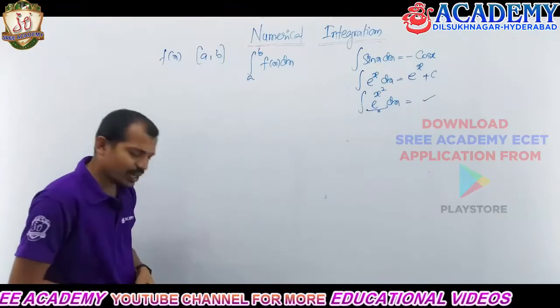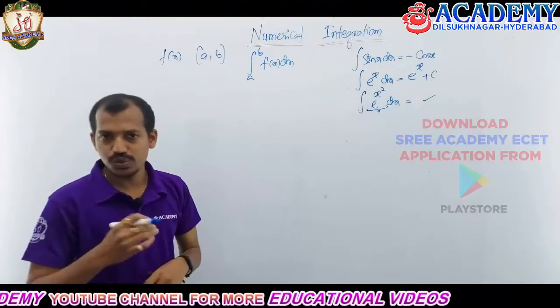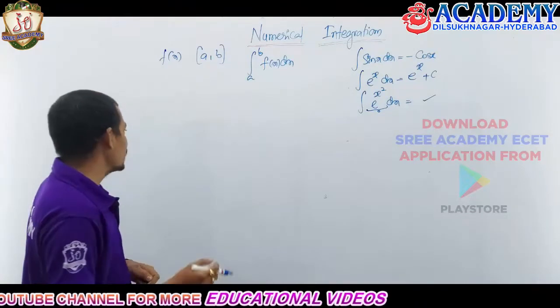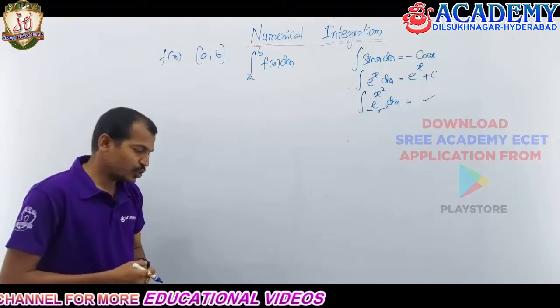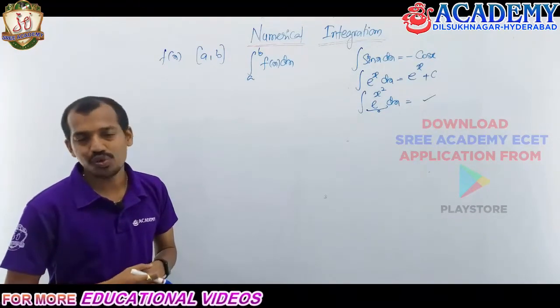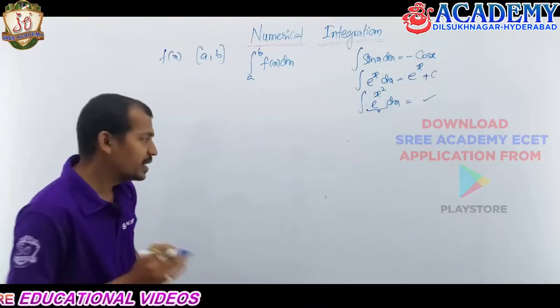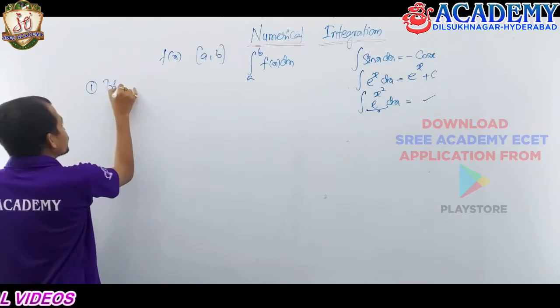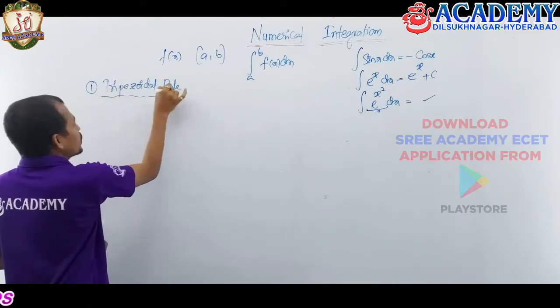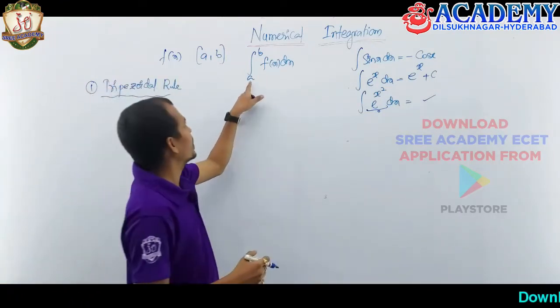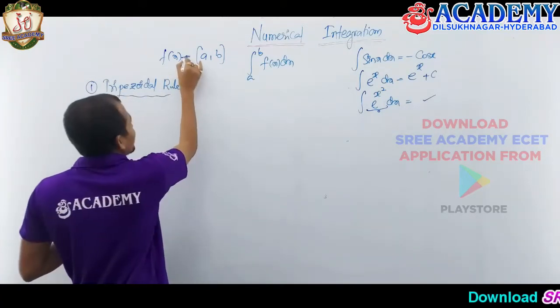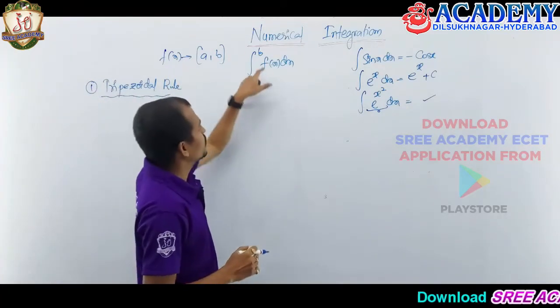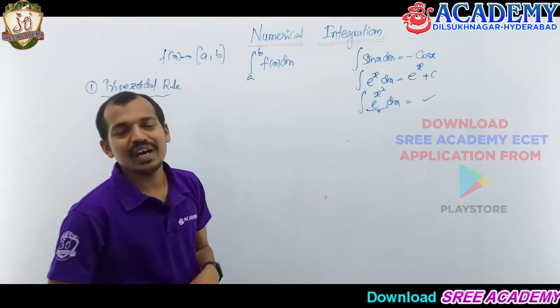Here in this topic we will discuss two rules. One is the trapezoidal rule, another one is Simpson's rule, right? We will call Simpson's rule Simpson's 1/3 rule, right? First I will explain the trapezoidal rule. What is the trapezoidal rule? Whenever the function is defined in the interval a to b, and we have to find the value of integral a to b f of x dx,